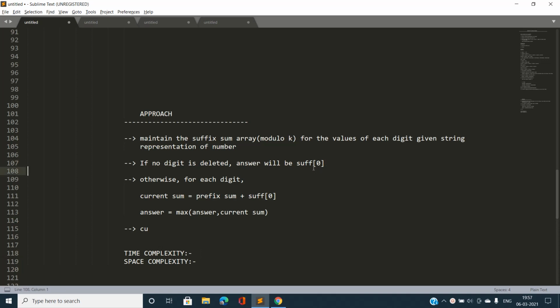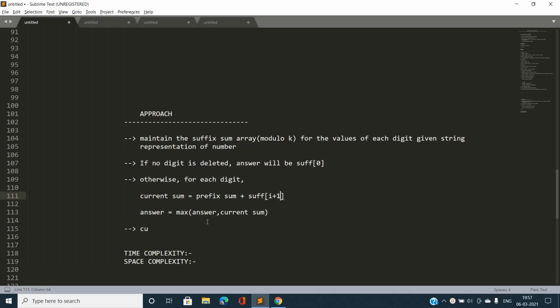Otherwise, for every digit, my current sum is prefix sum plus suffix of i plus 1. All the suffixes to the right of that digit will not be affected, so I simply add suffix of i plus 1, and similarly prefix of i minus 1. So our answer will be the maximum of the answer and the current sum.